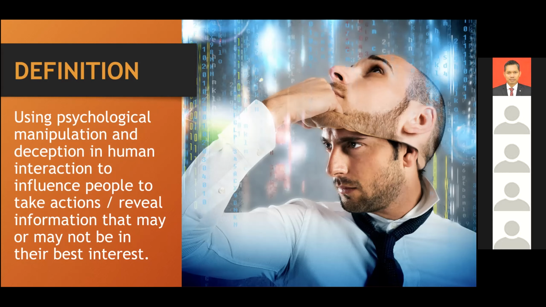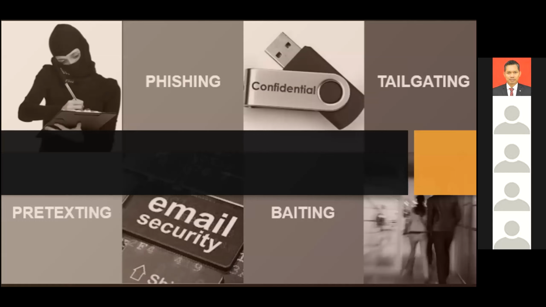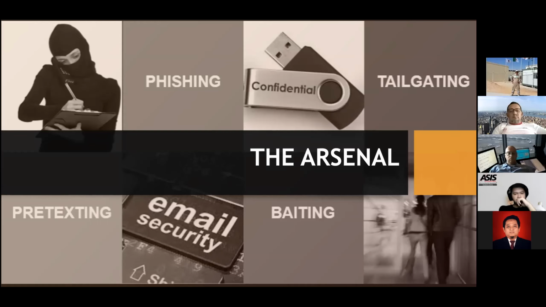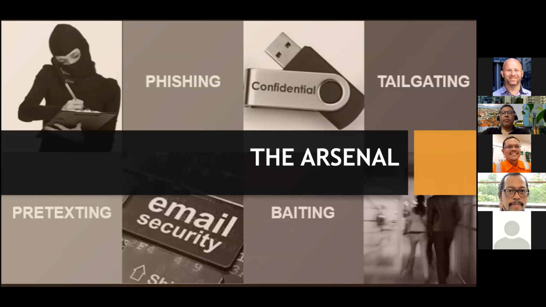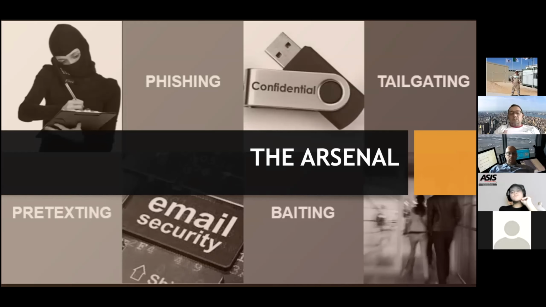When it comes to looking at some of the key elements used as part of this, as we affectionately like to say, the arsenal, you've got a couple of things in there. Pretexting, phishing, baiting, and tailgating are just a few examples of the elements used in social engineering to try to gain access to premises or to information that is often not in their best interest to share. Pretexting, in essence, is getting together that background story, the believable scenario that you're going to use when attending sites.